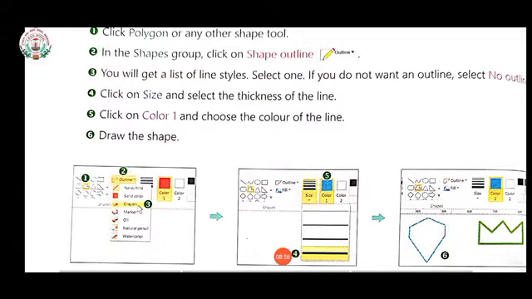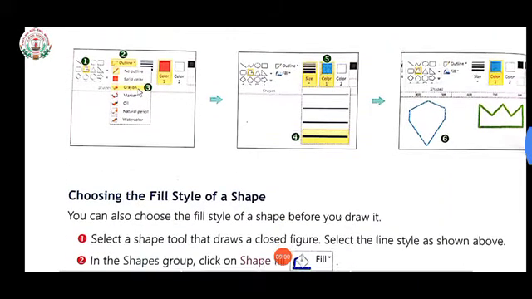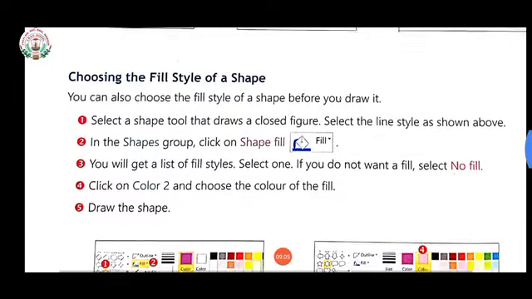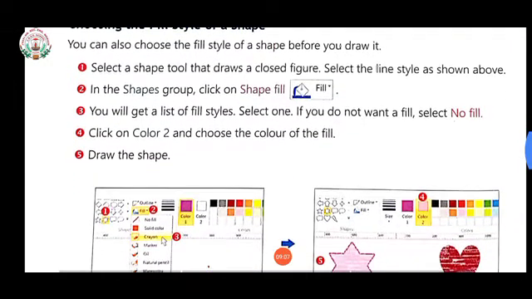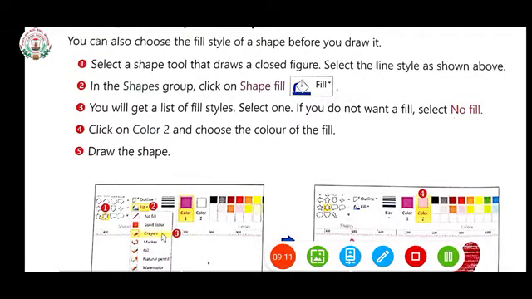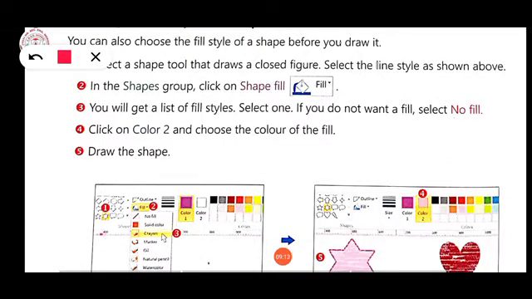Now how to choose the fill style of a shape, means how to color your shape. You can also choose the fill style of a shape before you draw it. First, again you have to choose any shape from a closed figure. Then you have to select the line style, the same way.